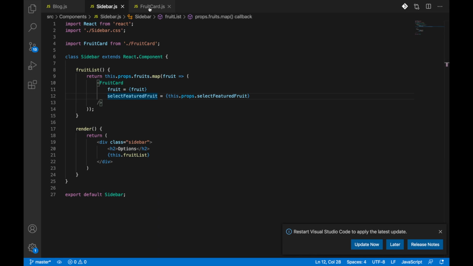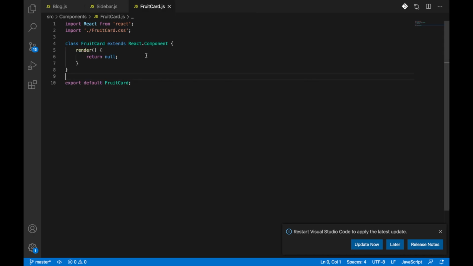And let's edit FruitCard. We're passing FruitCard a fruit one at a time from our fruits array. And we're also passing it the function which allows us to change the fruit. Okay, so FruitCard is going to return